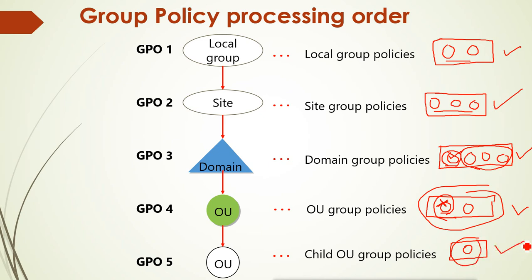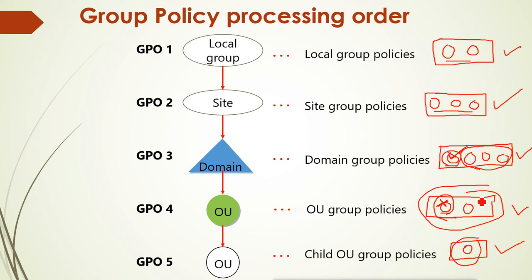So finally in our computer, what policy is going to be applied? 2, 3, 5, 6, 7, 8, 9, 10 and this 11. This one will not be applied because it is having a conflict. So you have to know the order of the policies, how it is going to process, and based on that it is going to create the resultant set of policies. We call it the resultant set of policy, the final policies which are going to apply.